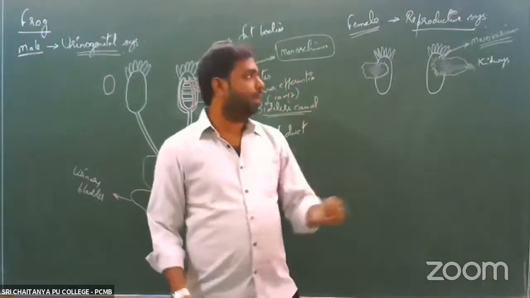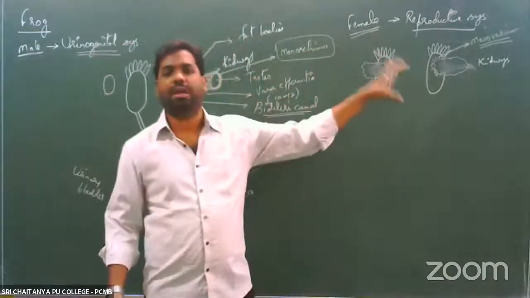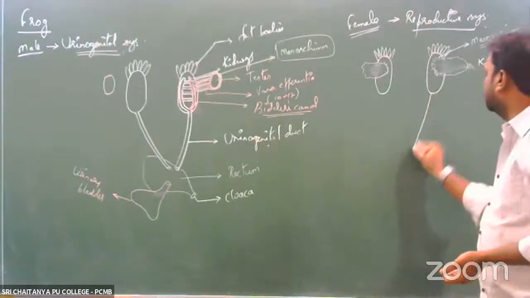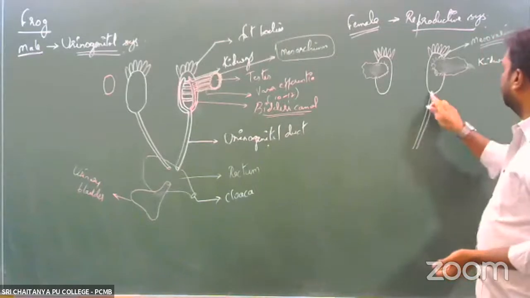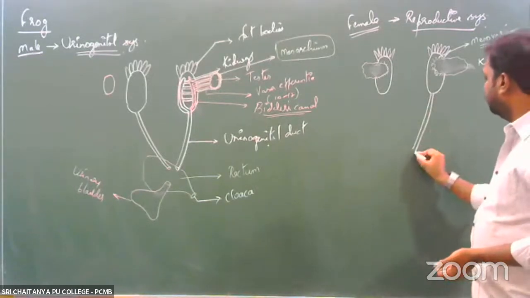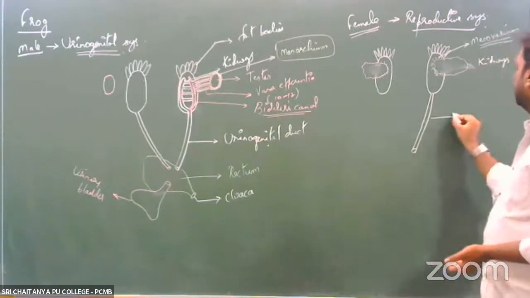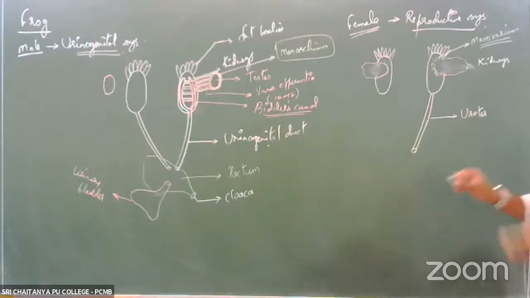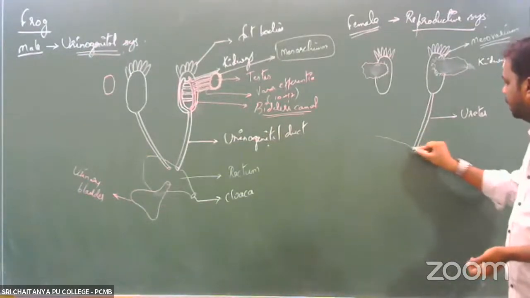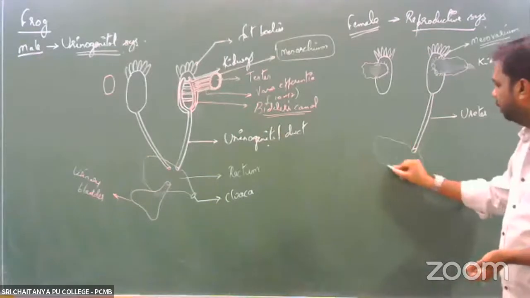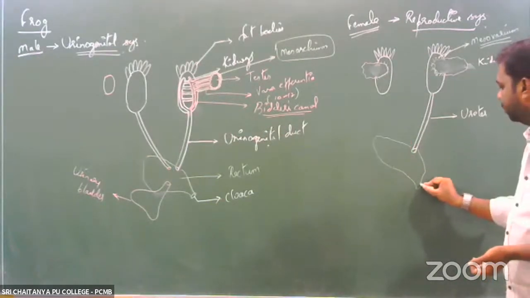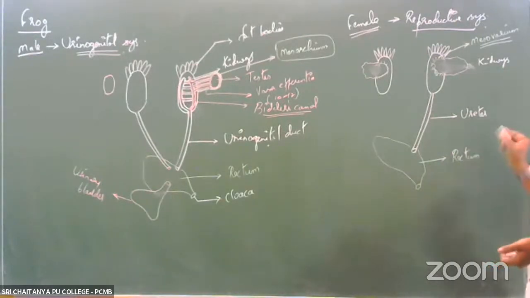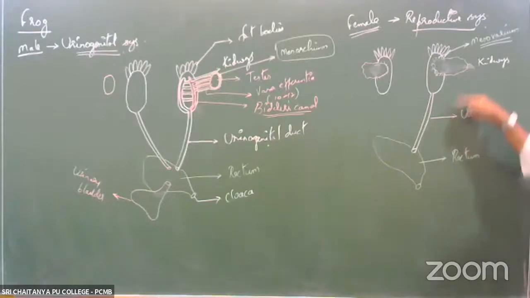All the nitrogenous waste that is formed in the kidneys will now be passed on through the duct called the ureter. Right? This would be the duct through which the excretory waste would be passed on. So you start calling this duct the ureter. This ureter would now open up into another structure. As we have already seen, it would open up into this sac-like structure, which we call the rectum, which is the large intestine part of the alimentary canal. So the ureters will open up into the rectum.